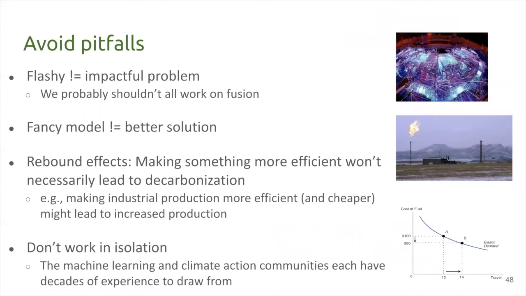All right, so those are some examples of some of the themes at least. Now, let's think about not just how machine learning can be useful in climate change, but how you should go about doing machine learning for climate change problems. The first point: flashy sounding problems are not necessarily impactful. When people think about technology for climate change, often their mind goes straight to fusion energy. While this is definitely an interesting thing to explore, there are many problems which might not come to mind right away, but which are extremely impactful.